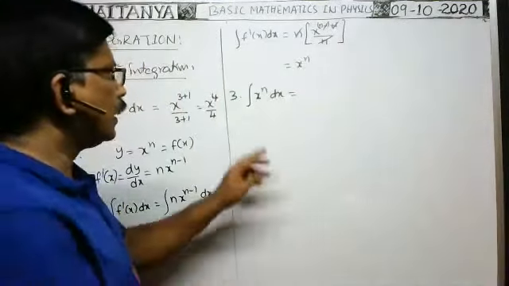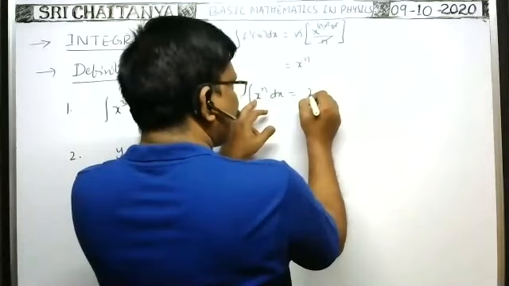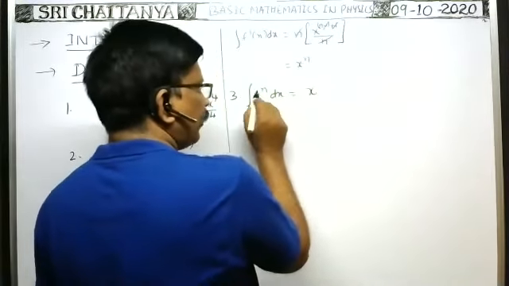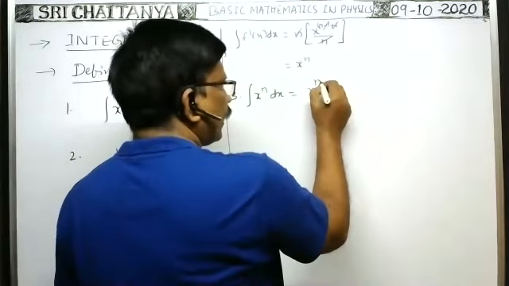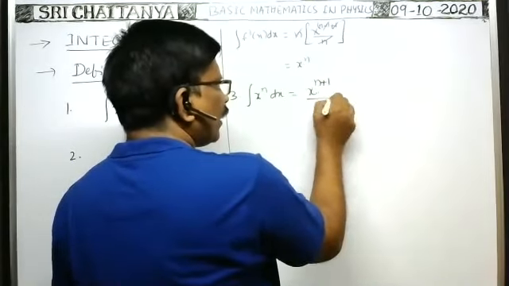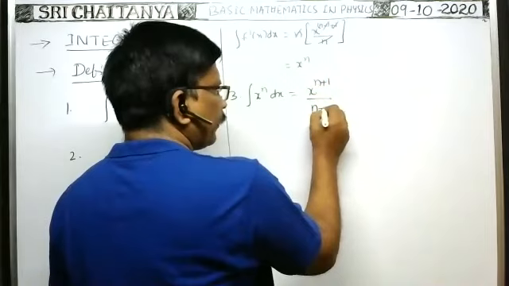Okay, very good. You see, ఇక్కడ function as it is గా రాసి power ని 1, you have to write the function as it is and power must be increased by 1. అంటే we have to write the power n plus 1, and by whatever the power you will get, we have to write in the denominator.